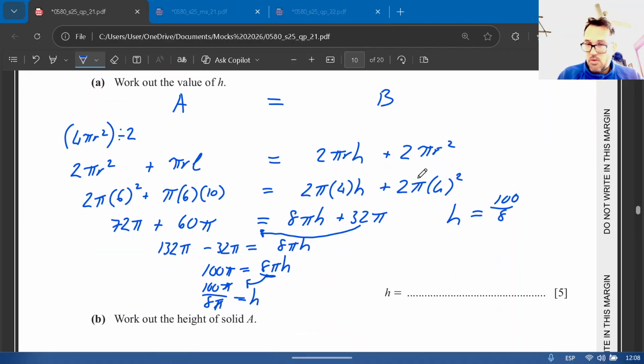Did they tell? I guess we can just write 100 over 8. But if you're not sure, do I simplify it? Do I not? Students always ask. If you don't know, just do it, man. Let's simplify it. If you know what 100 divided by 8 is, brilliant, because you just half it,